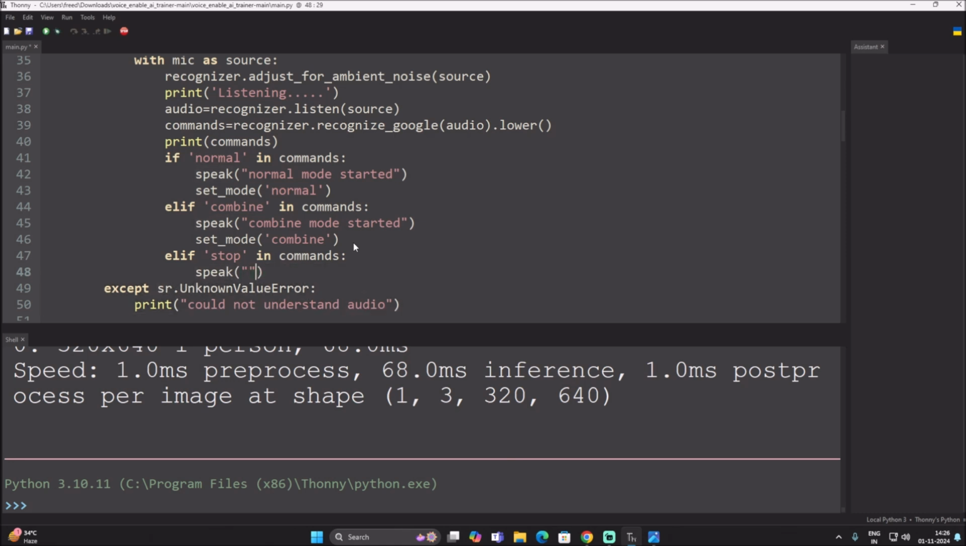We want to speak like this way: take care and goodbye sir. Take care and goodbye sir. When we speak a stop, it will stop our mode. So stop, speak, take care and goodbye sir, and then we will say set mode. Inside that we will say stop,